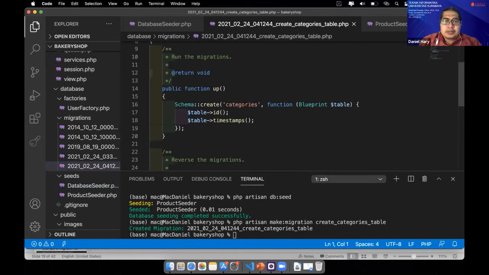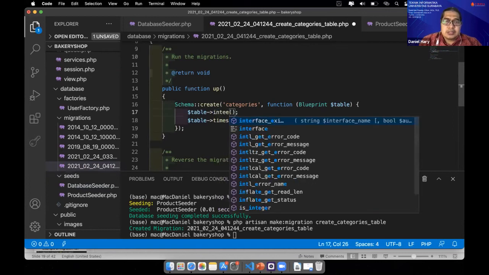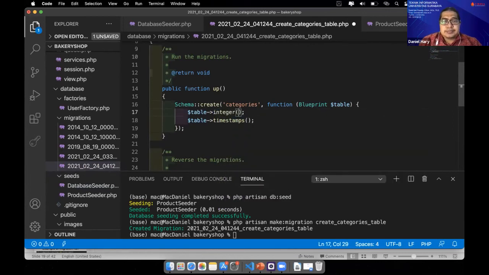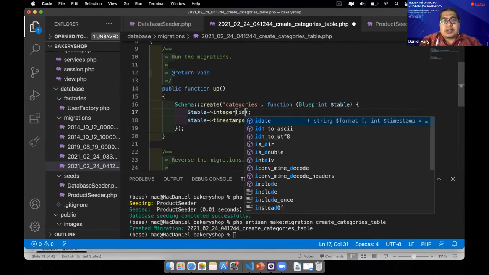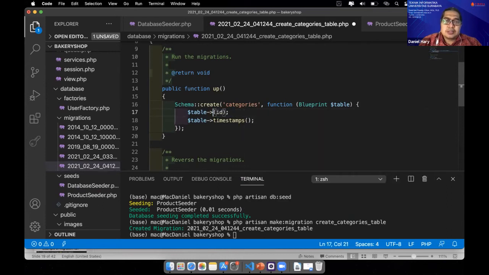We create categories. The ID, I think it has to change to integer here. Integer ID. Or maybe we can still use this one, but we need to remember the ID of the category.